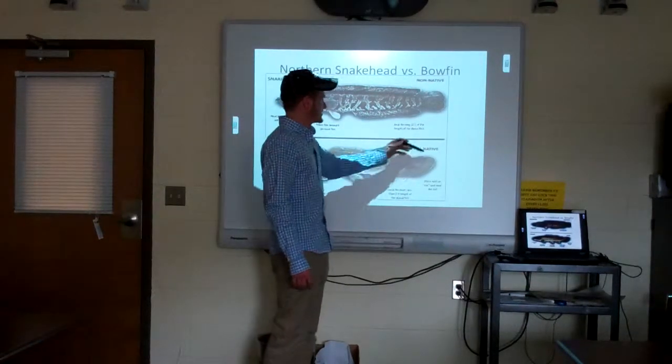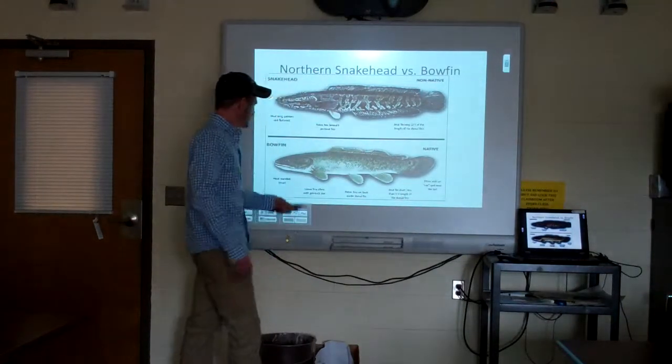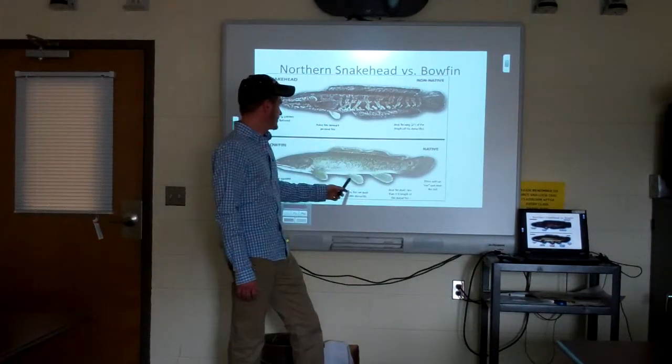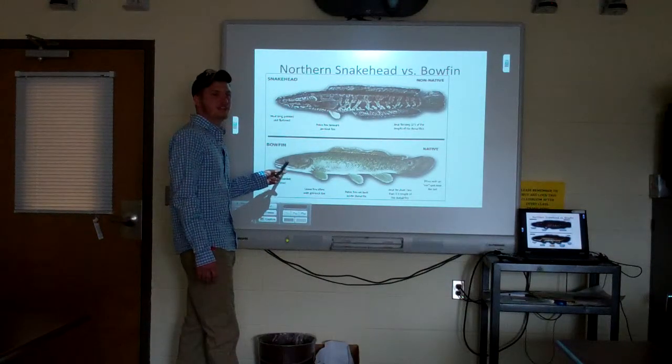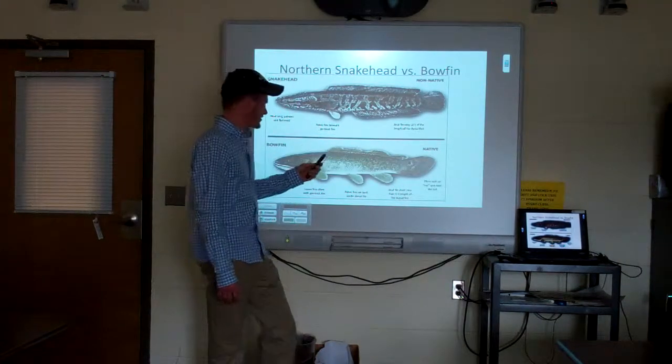Also, the caudal fin has more of an angle to it. It's not quite so much of a fan tail. Also down here on its pectoral fins, instead of just being one long fin, it has 2 individual fins. Also another fact, these ones do not have teeth. Bowfin have no teeth, compared to snakeheads, which do have teeth, as you'll see